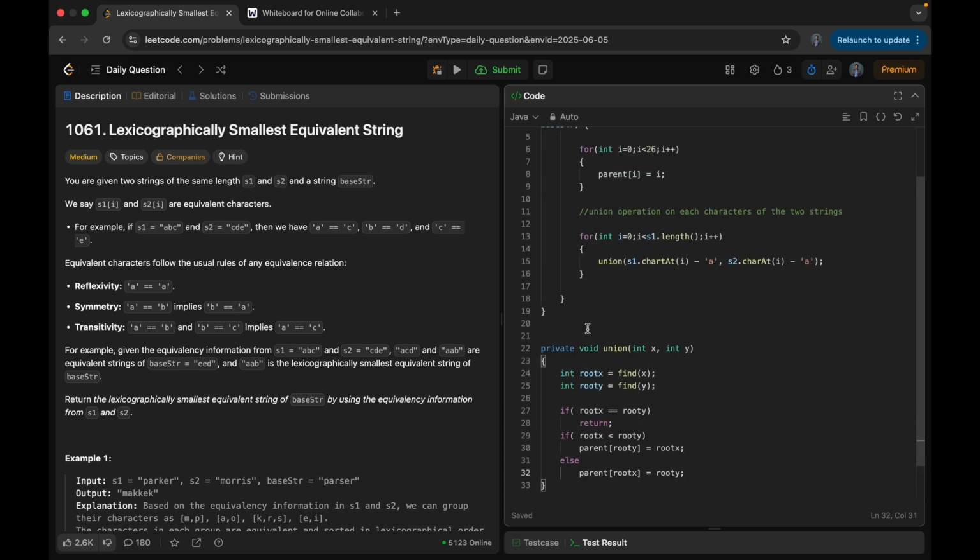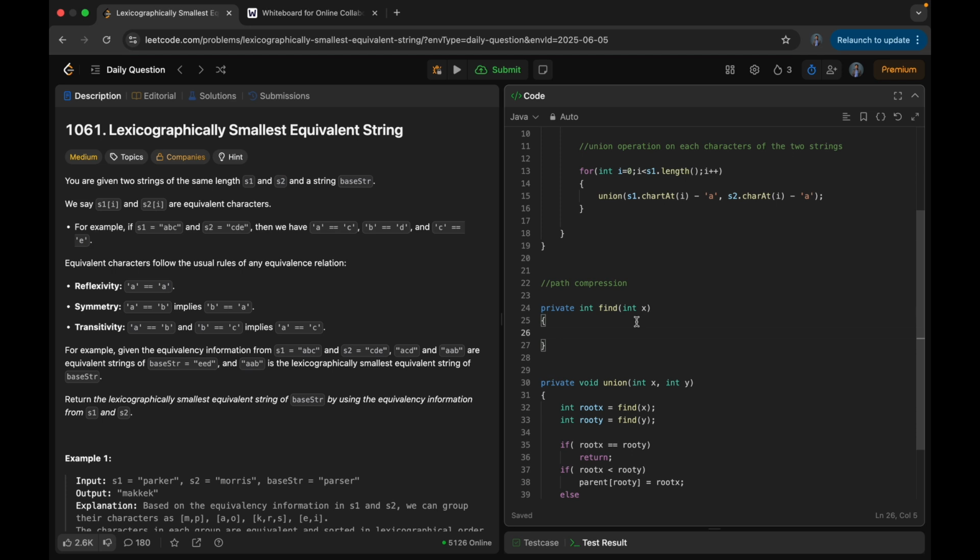Yeah, we're going to design the find function. Basically it is a path compression. So path compression, we're going to take the private only. Private, it returns an integer value, so private int find(int x). Now I need to use recursion, so it calls itself only in a condition: if parent[x] is not equal to the value x, then we'll update the parent value of x,